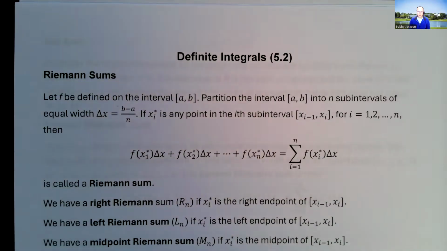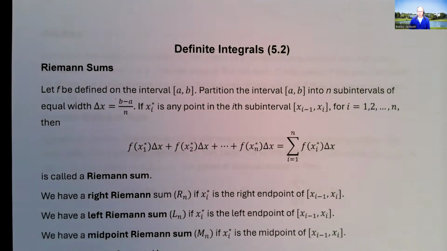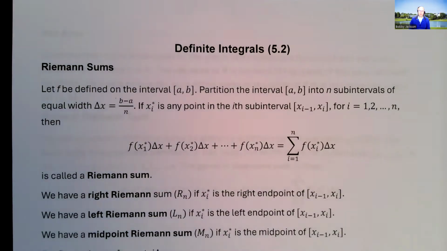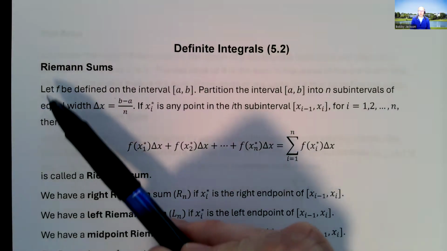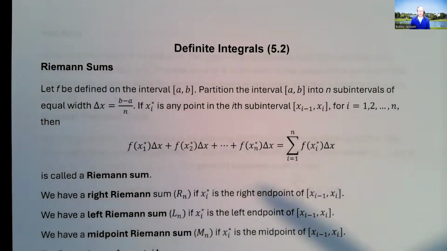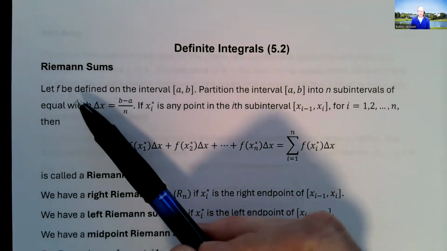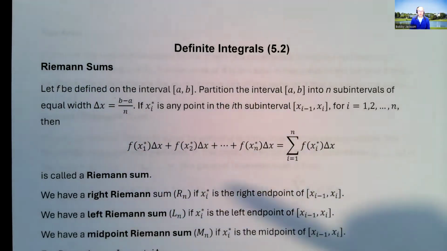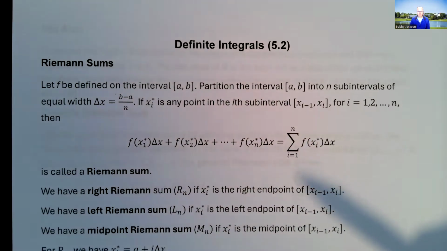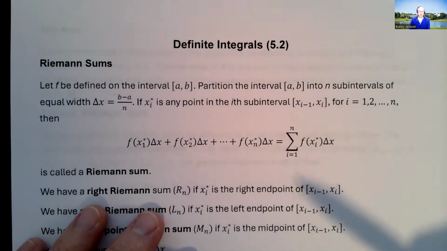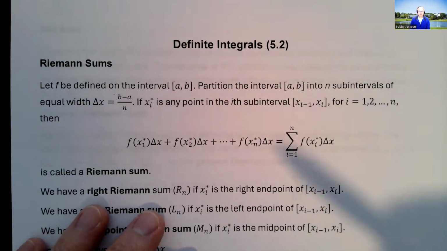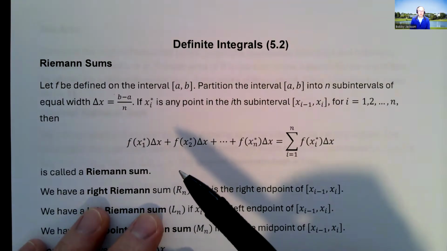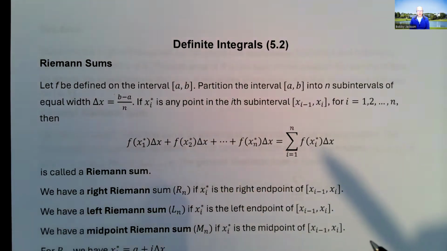Okay, let's talk about definite integrals. We're going to start by defining a Riemann sum, something that we have already been looking at essentially. So what is a Riemann sum? Riemann is the name of a mathematician who gets the credit for these summations. And these are nothing more than the sum of the rectangles that we've been using to estimate the area